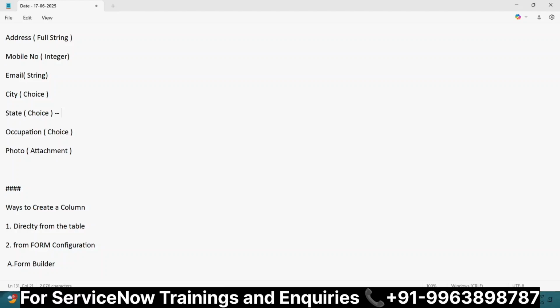AP, Telangana, Karnataka. Okay, we'll just make it as Andhra Pradesh like AP, Karnataka, TG for Telangana, TN for Tamil Nadu, and other things. Regarding the cities, we just go for Kurnool, Tirupati, Guntur,